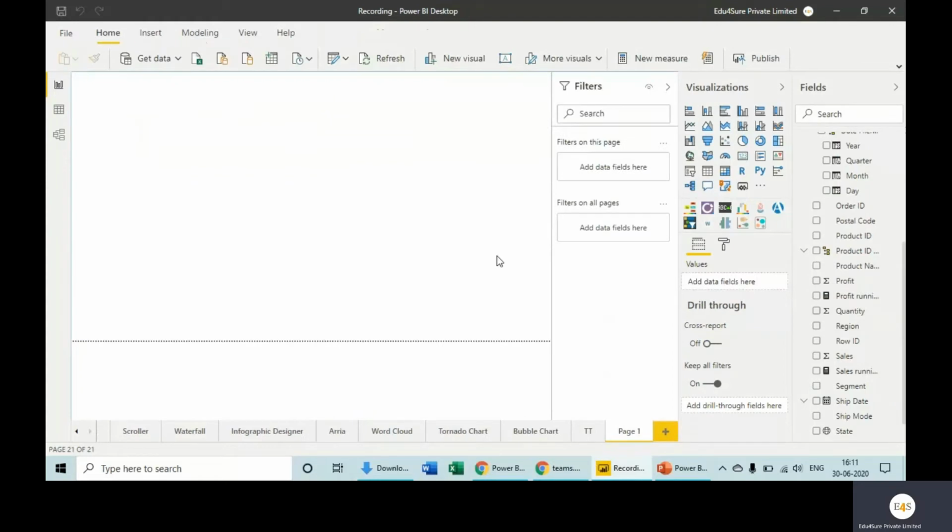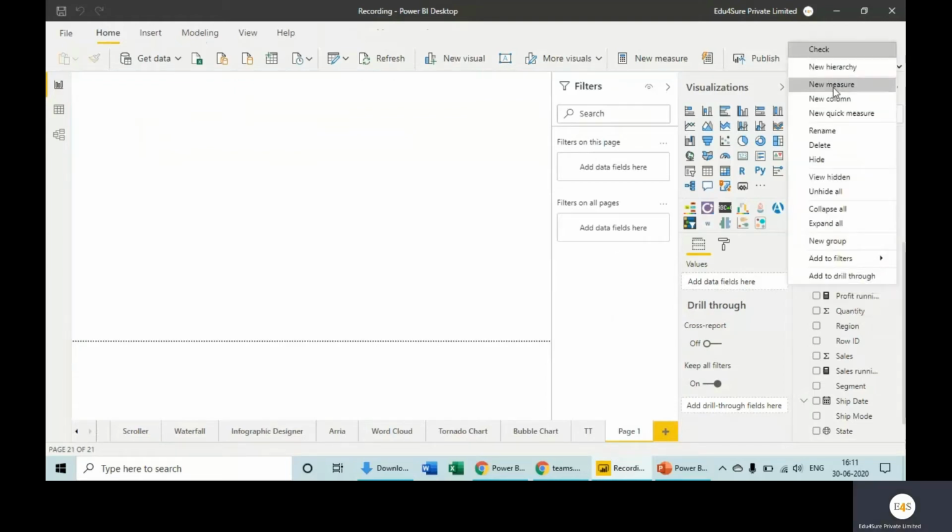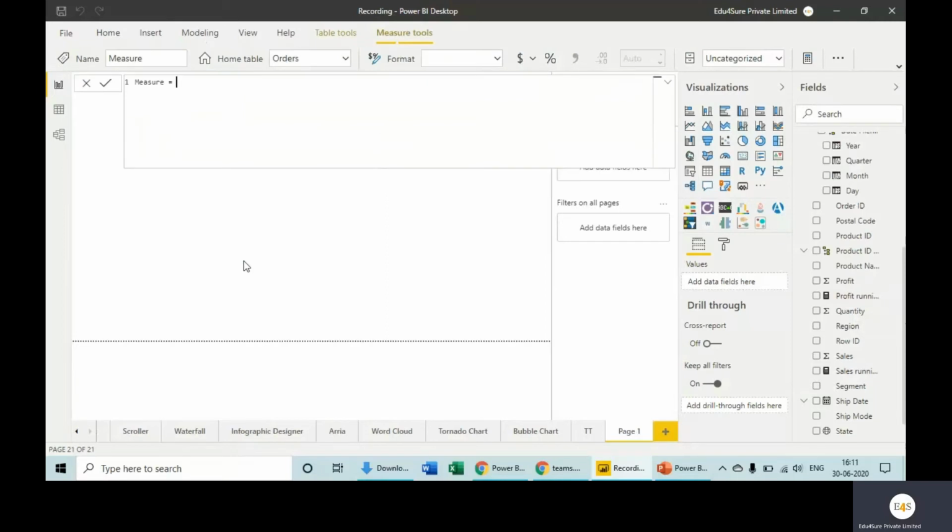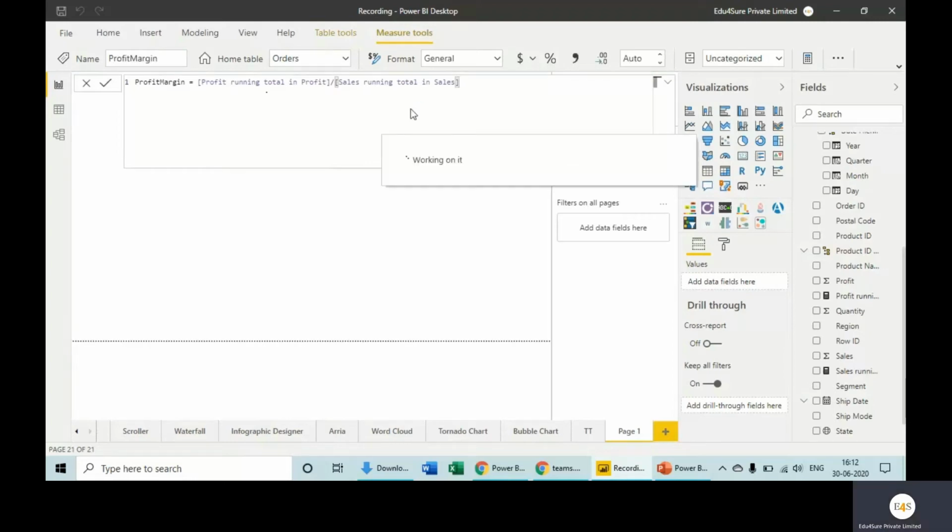Now we need to calculate profit margin. Profit margin is not there as an inbuilt function in Power BI. So what will we do? We will go to new measure because now we need to write the formula on our own. So we will write profit margin equal to running total profit divided by running total sales, and enter.